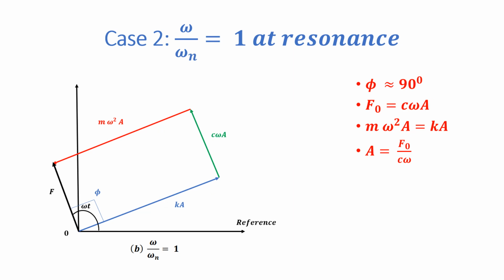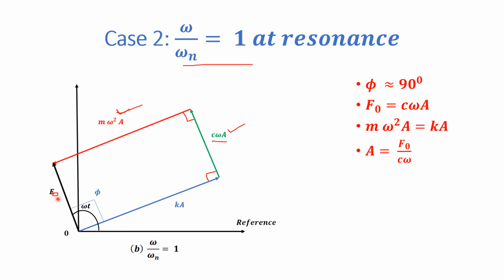For case 2, at resonance when omega is equal to omega n, C omega A has some reasonable value. M omega square A value is large now. External excitation is F naught, and at resonance they make a rectangle like this. What we observe is value of